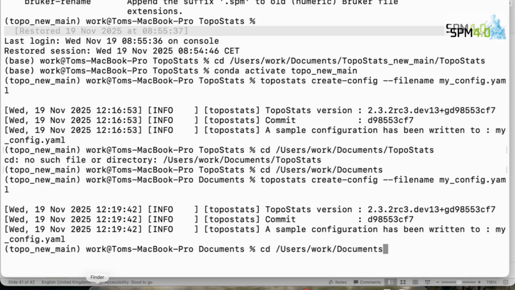So I can copy that into this area. And then you can save that. If you go back to the channel, the command to run is